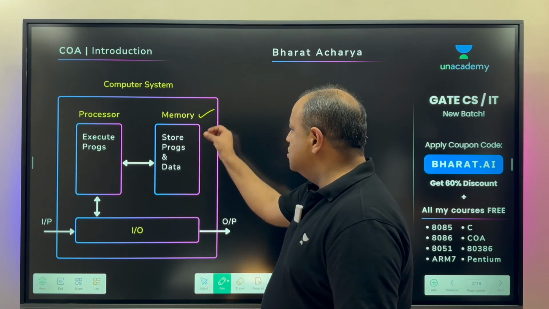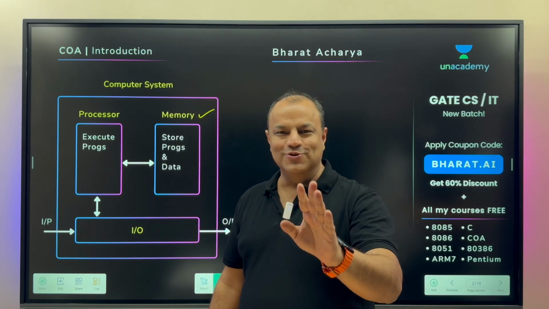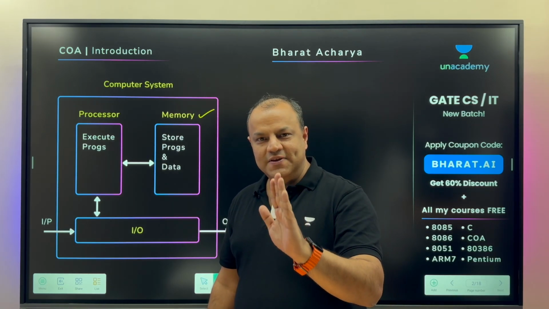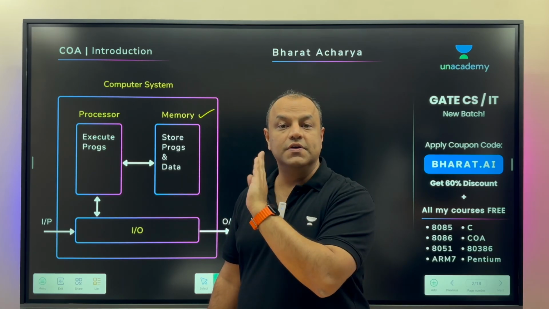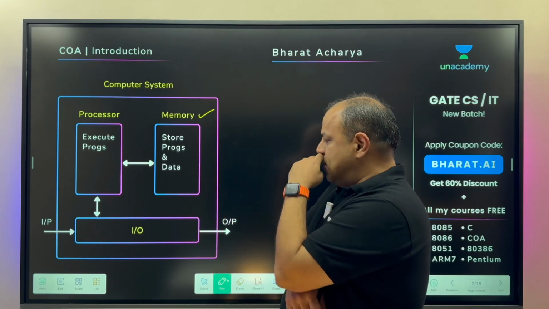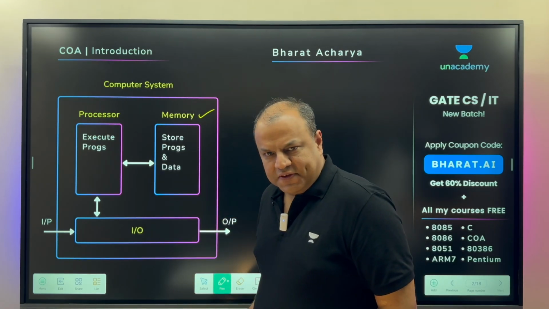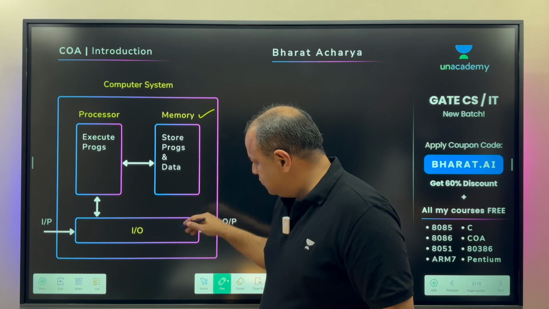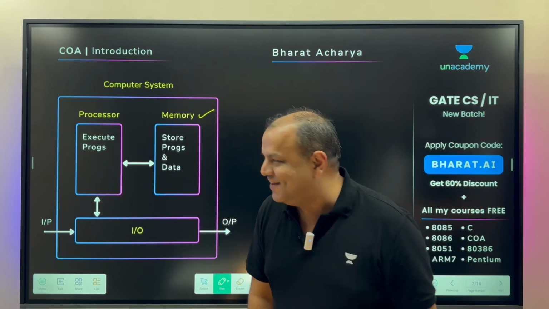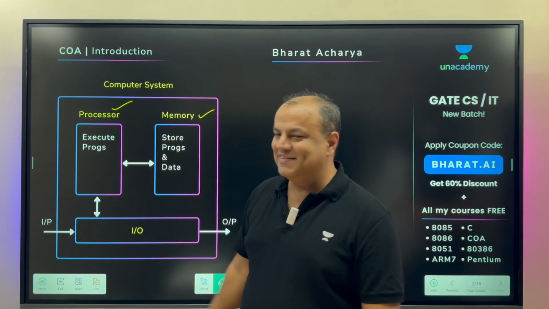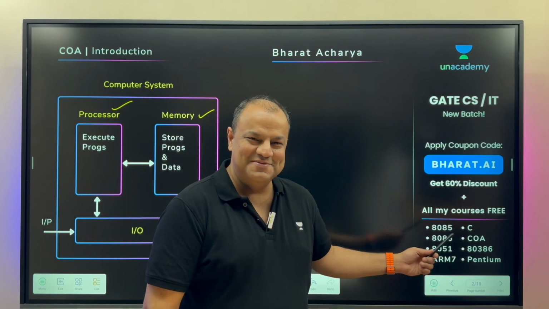Now, coming back. So what does the memory do? It stores. What does it store? Programs and data. No programs will run by themselves. No data will change by itself. It's just used to store. So to think about it, I/O doesn't do any processing. It's just used to give inputs and produce outputs. Memory doesn't do any processing. It's just used to store. Then where does all the action take place? The processor, the microprocessor, one of the other subjects that I teach.